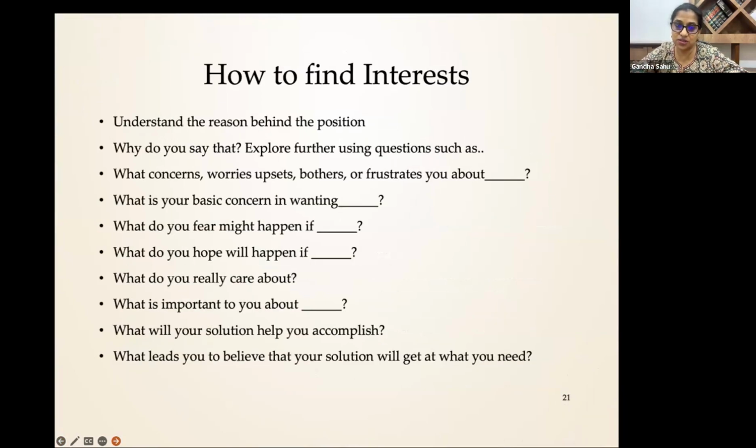How to find interests? Understand the reason behind the position. Why do you say that? Explore further using questions such as these, which are just examples of questions. What concerns, worries, upsets, bothers, or frustrates you about this situation? This division of property,